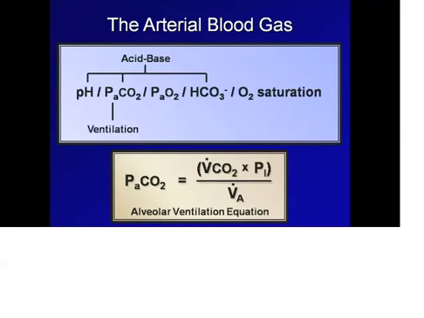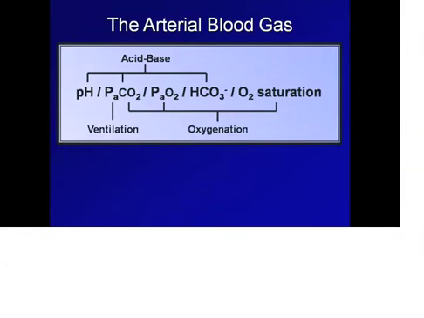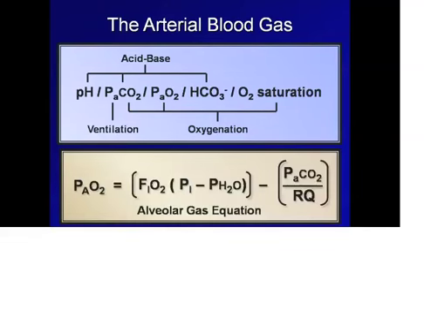Alveolar ventilation is in turn determined by the respiratory rate, tidal volume, and dead space. Finally, the PaCO2, PaO2, and the O2 saturation tell us about the patient's oxygenation. The alveolar gas equation allows one to calculate the alveolar oxygen tension, denoted here as big PAO2. The difference between the calculated big PAO2 and the measured little PaO2 is an important physiologic parameter known as the A-a gradient, which provides important information regarding the adequacy of a patient's alveolar-arterial membrane through which oxygen